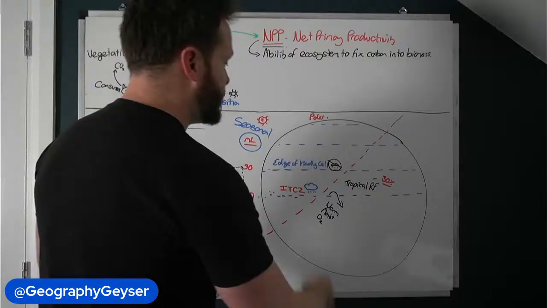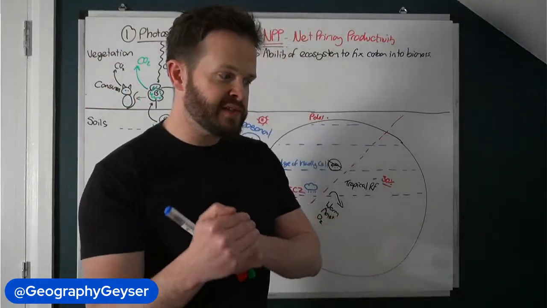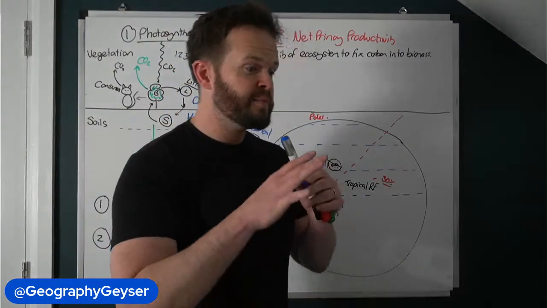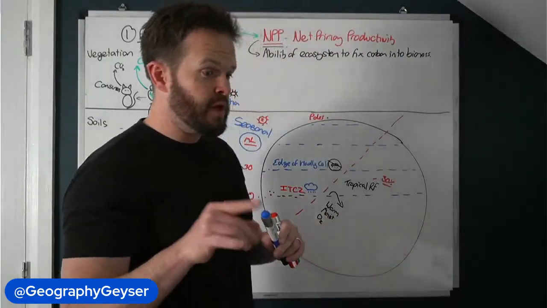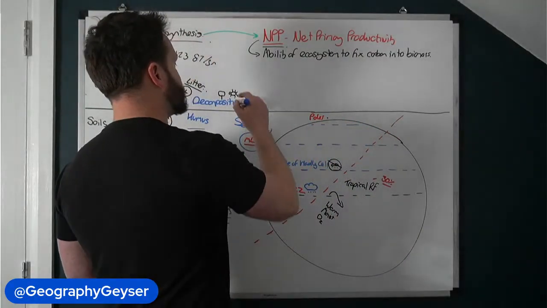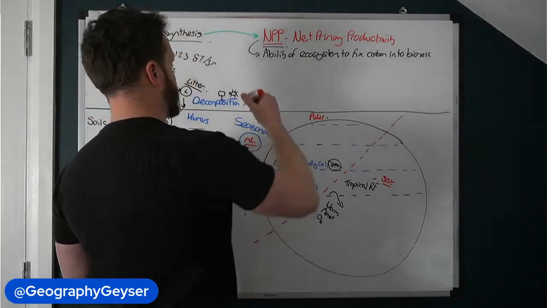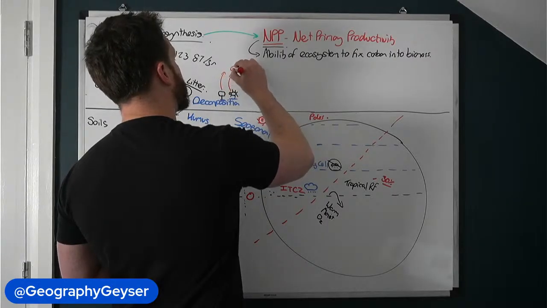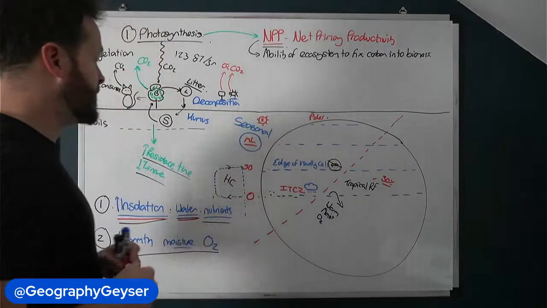Okay, so high rates of decomposition. Now, high rates of decomposition doesn't necessarily mean highest carbon content in the soil, okay? When decomposition takes place, the faster the rate of decomposition, the more carbon is lost to the atmosphere, and I'll explain that. It's because it's the fungi and the detritivores that are decomposing the organic matter. And because they are living things, they respire. And that is CO2 being emitted into the atmosphere.